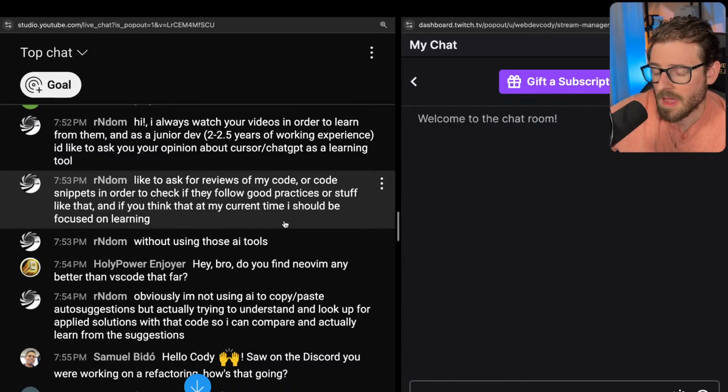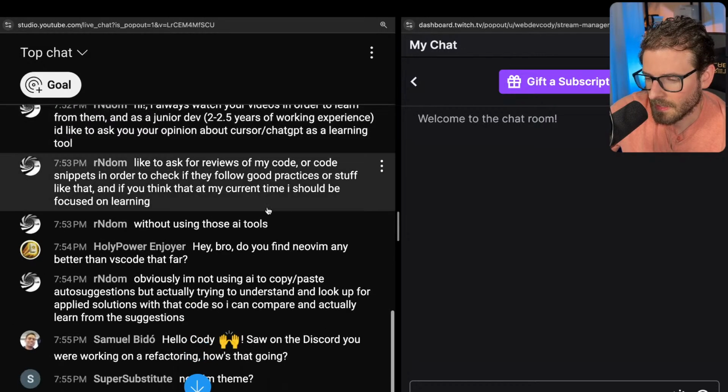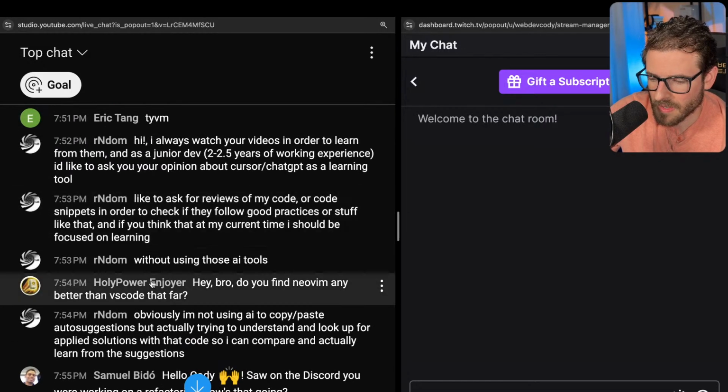I mean, yeah, I personally would leverage AI tools to review your code and give you feedback on how you can do different things. I have done that myself, even on my own code bases, and it does explain different ways to structure your code that might be more extendable, modular. You could split stuff up into smaller components. So if you have a React file that's 500 lines long, you could ask, hey, how could I split this up into smaller subcomponents? And then it'll give you some suggestions. I mean, it's going to have good information. I'm not sure if I truly understand what you're asking.